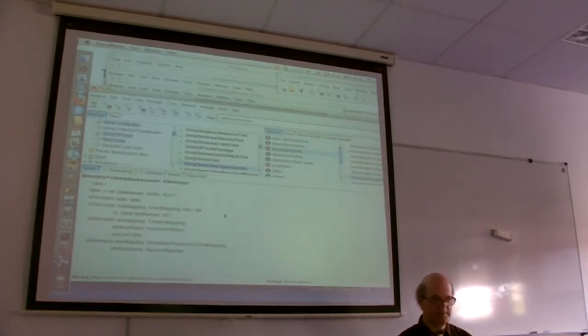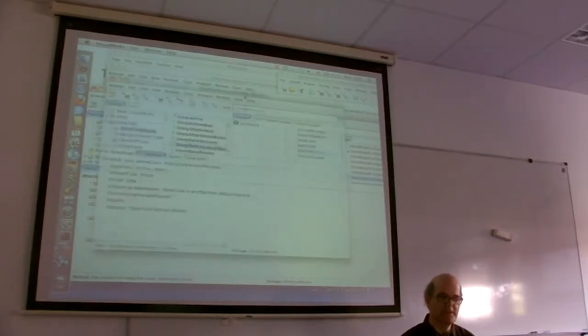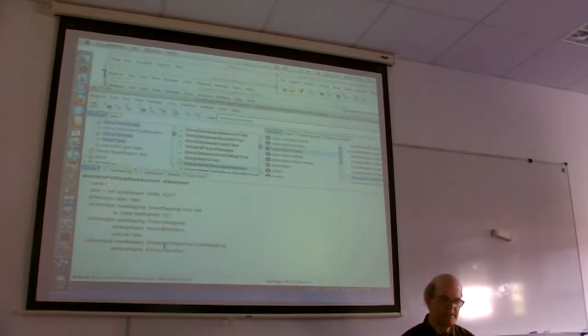Okay, so here's our descriptor for bank account. It knows its table. It knows that it's got the id mapping. It's going to map to the account holders. That's fine. We have a simple account holders. And it's going to map embedded value one-to-one mapping to account number. And